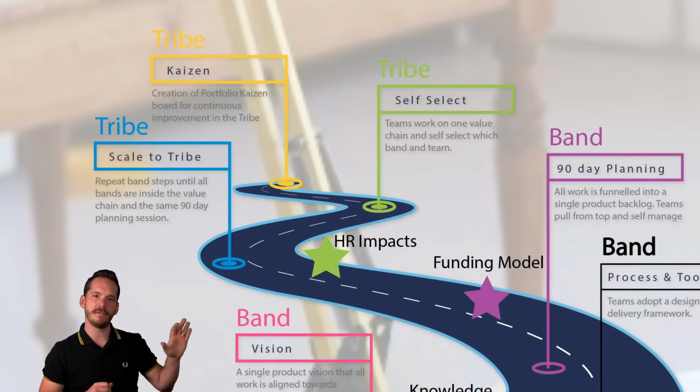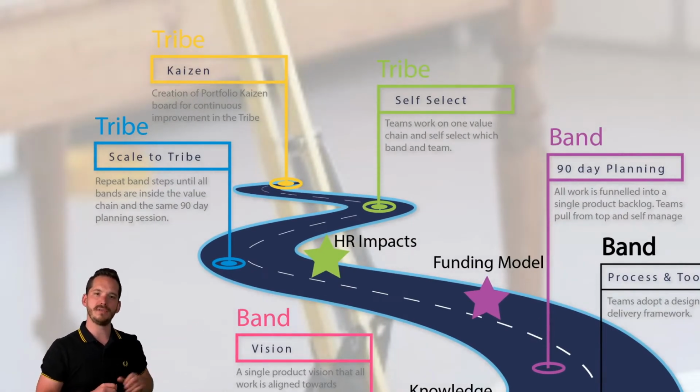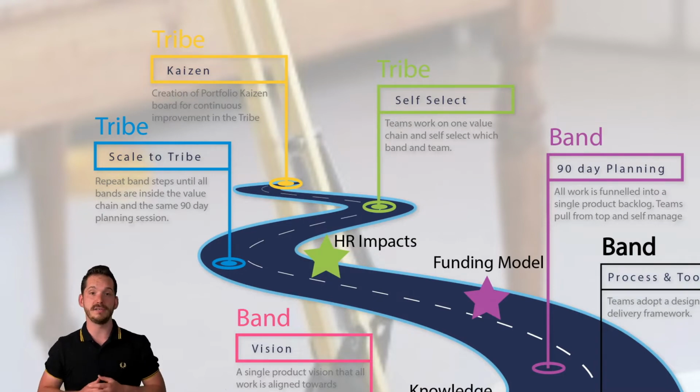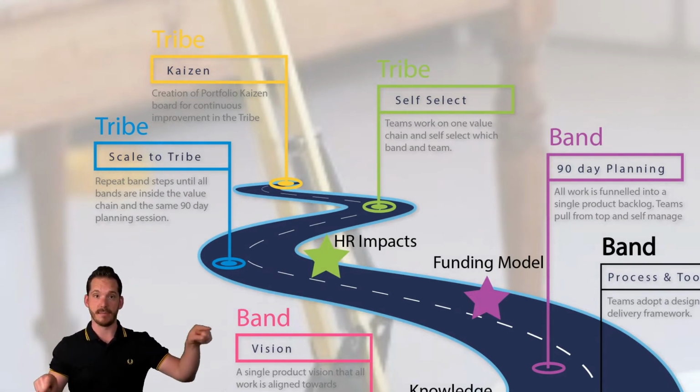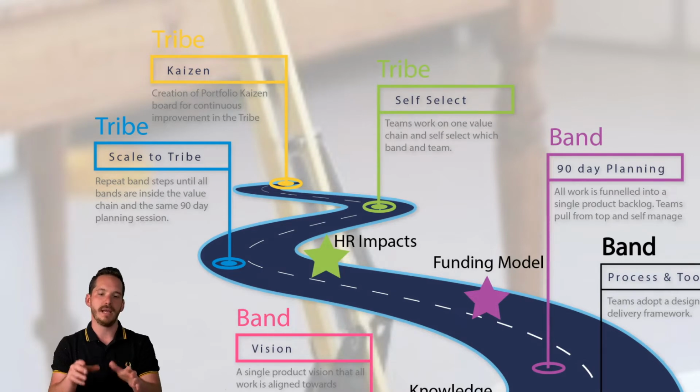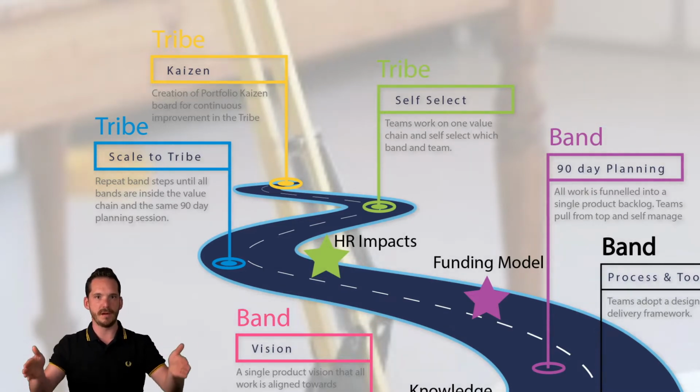It gets quite fluffy towards the end because you don't know how long this is going to be. But this is nirvana, right? So let's say we're 6 months down the line. You start scaling to the tribe. So remember, you go either side of the bands and you keep scaling to the tribe. And this is why it depends. It depends how long it would take, because if there are multiple bands, 6, 7 bands, this could take you 3 months, 6 months, 12 months, 18 months.